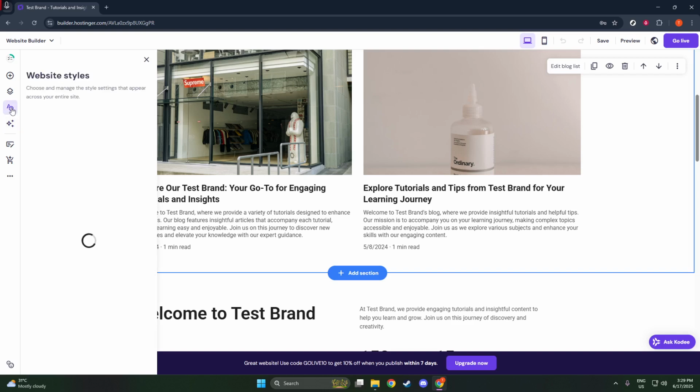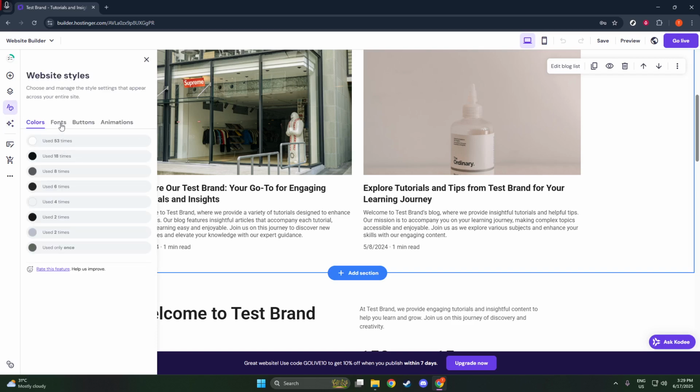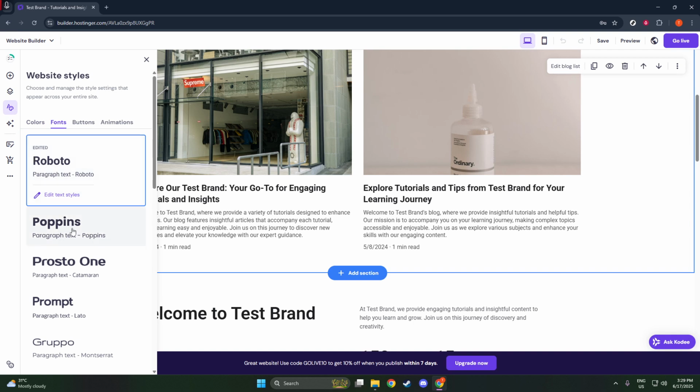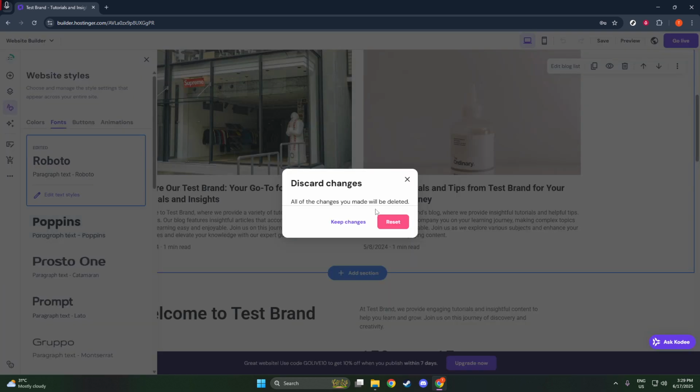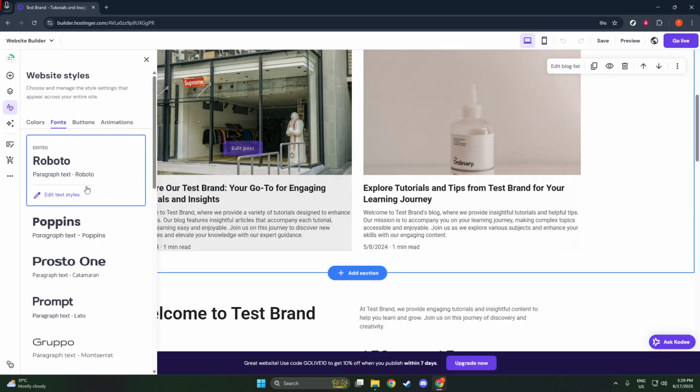And there you have it. You've now got all the tools and information you need to create an outstanding website with the Hostinger AI Website Builder. Don't hesitate to give it a try and see just how simple and rewarding the process can